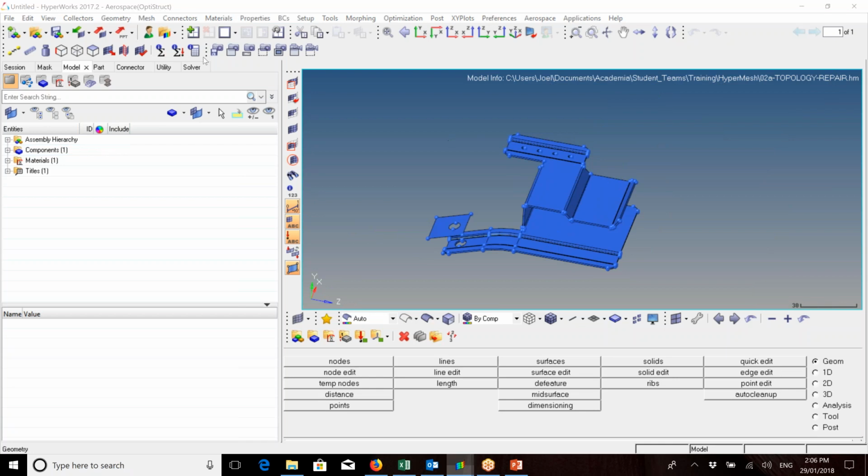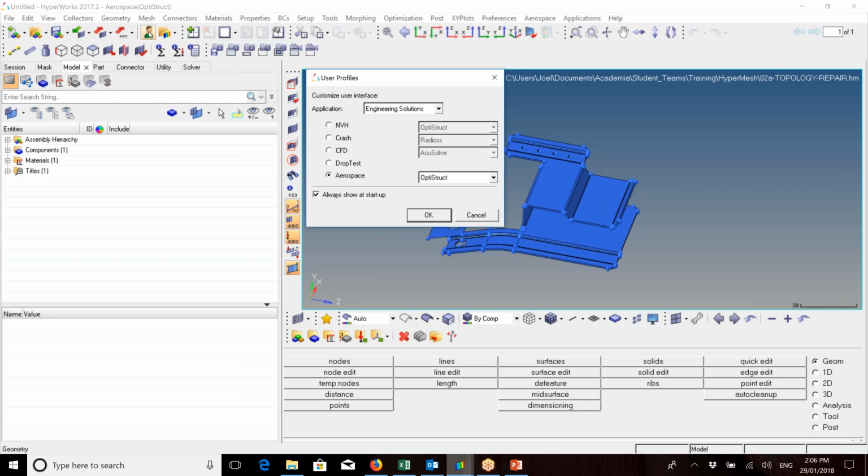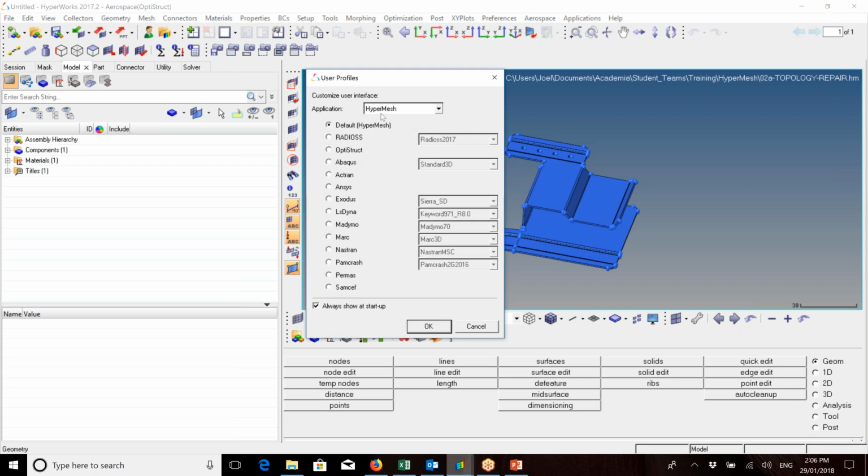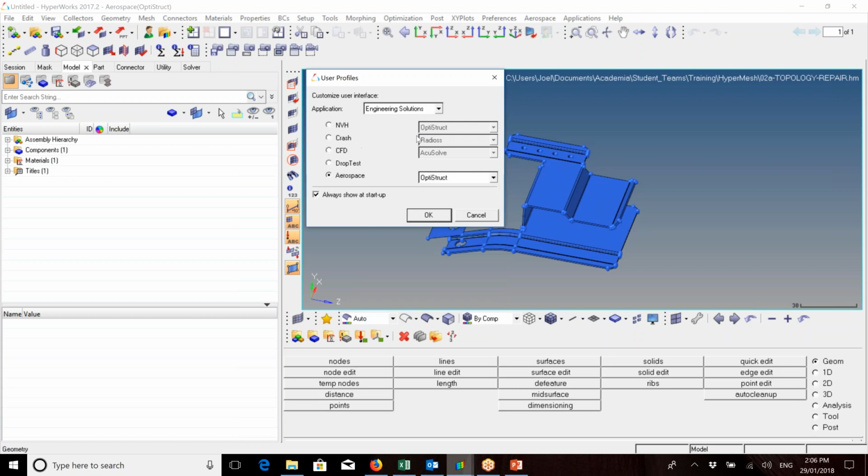When you first open up HyperMesh, one of the best things or first things that you should always do, if you haven't done so on first opening, is check by clicking this little person here. Always check your user profile. As a default, it will come up in the HyperMesh section as a default for HyperMesh. So this is where you choose the kind of setup and analysis that you're going to be doing. As a good starting point, I would always recommend having either this OptiStruct in HyperMesh, or going to Engineering Solutions